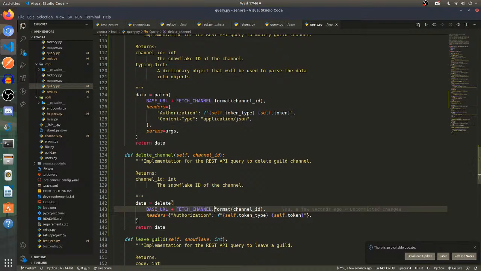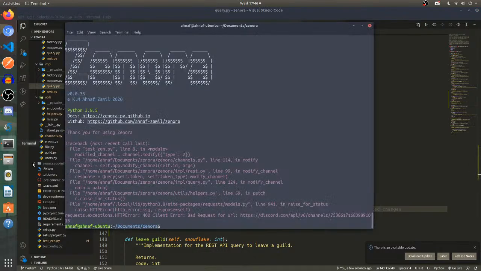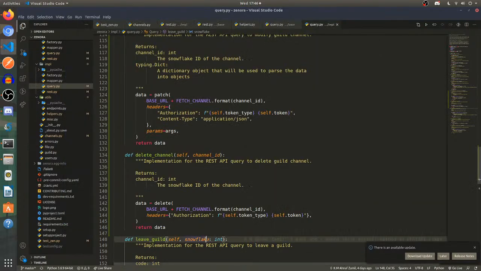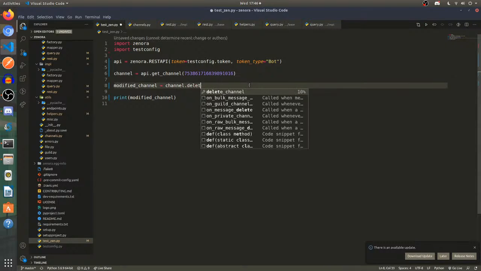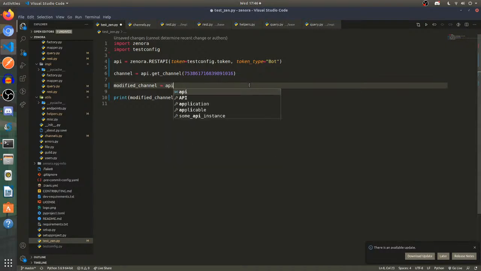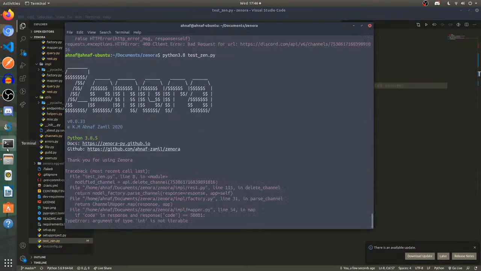Let's delete the channel.id. Now let's try to delete the bot commands channel. Let's just use Zenora and delete. Let's do api.delete channel. Let's copy this and just run it.